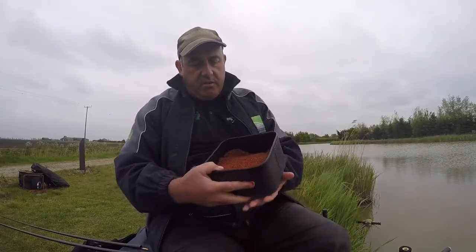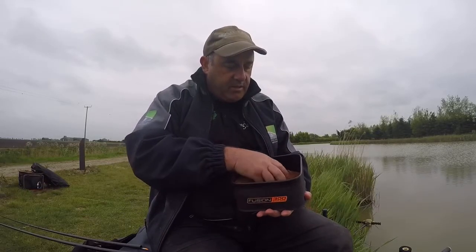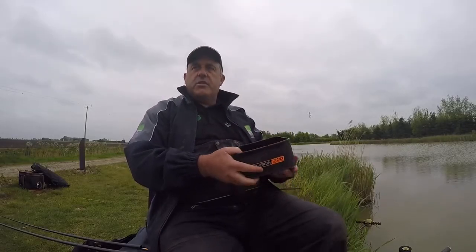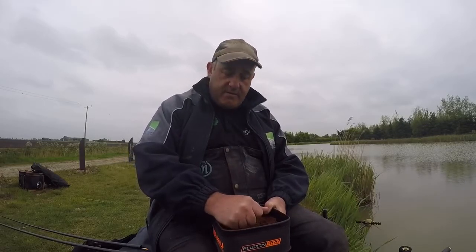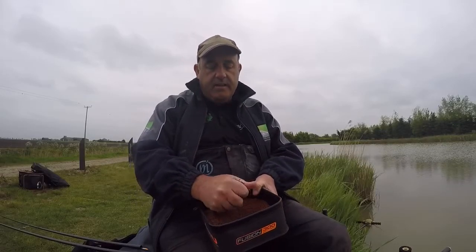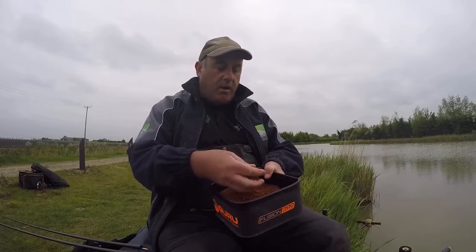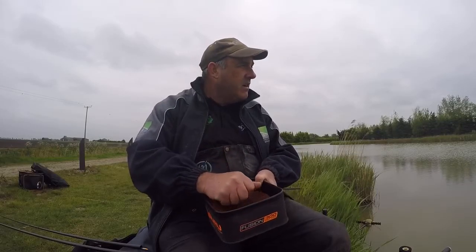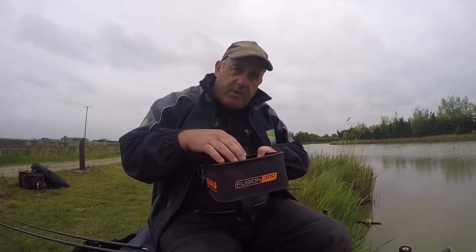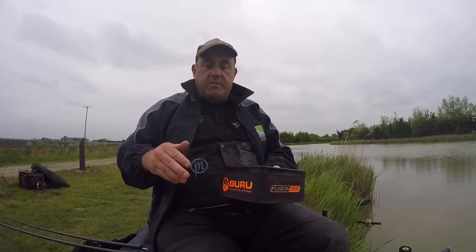I'll soak some 2mm Bait-Tech krill pellets. Soak these for about 2 minutes, drain the water off, then just cover them up in a pot, turn them upside down till I'm ready to fish. And like I say, they're in there, squeezed together lightly in a ball. It'll hold together in the pellet feeder, and once it's on the bottom, the fish can just move it around and the pellets will explode out, exposing the hook bait,